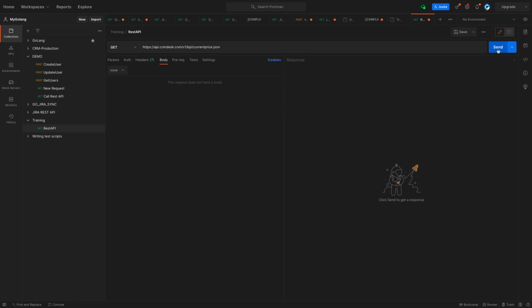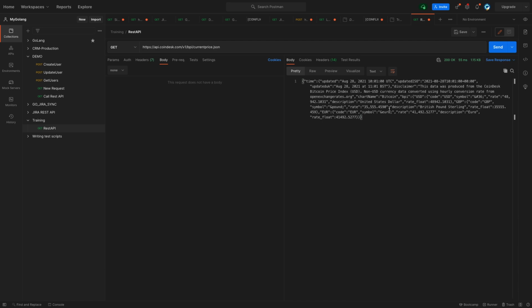Now what I need to see is whether the endpoint is working or not. So just click on the send button. Yes. So we are getting this response basically. Now the very next thing which we need to do is, so we are done with first step, which is first install the Postman tool. Second step, we have added the endpoint details.